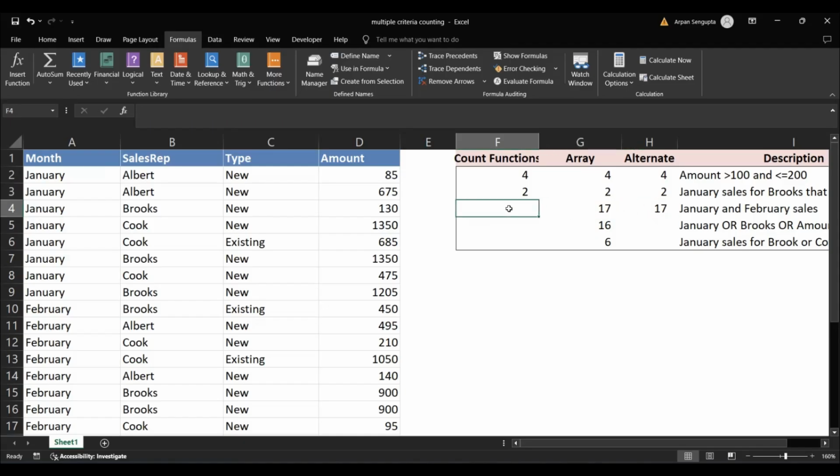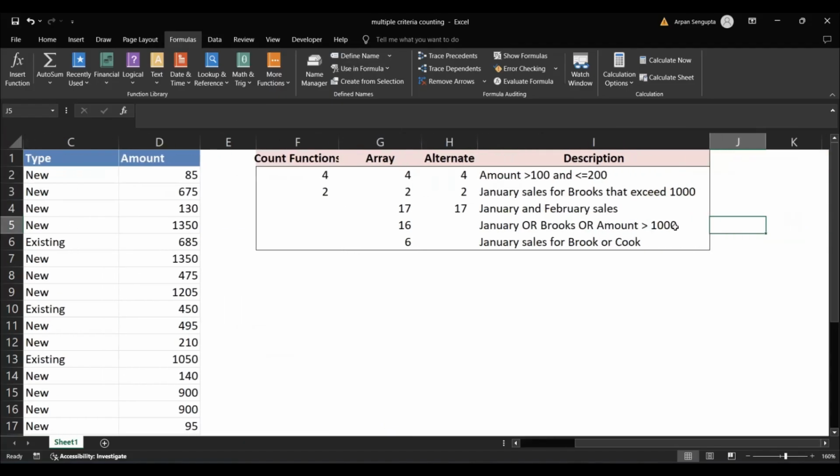You can also put this as a count function here as well, right? So that will work as well. But in this case, look at the logic. Here it is January and Brooks, or amount greater than 1,000. So this is or, this is plus, right? This sort of condition, when you have or and and, I believe is best handled through array functions. So here, coming to this sum, if month equal to Jan,